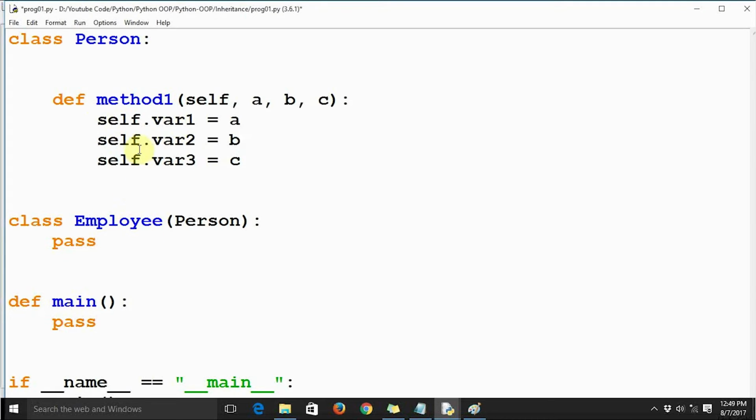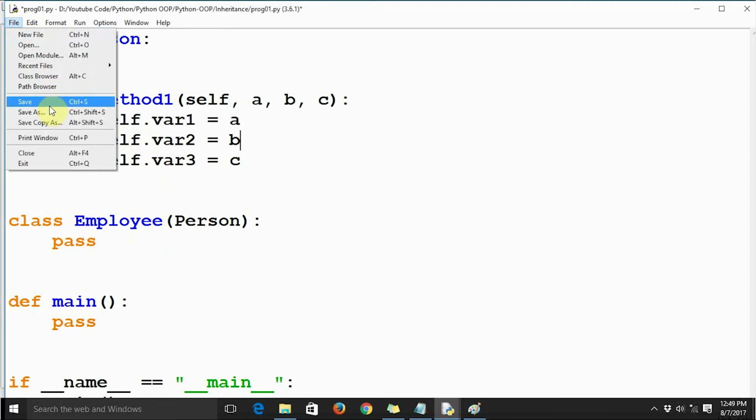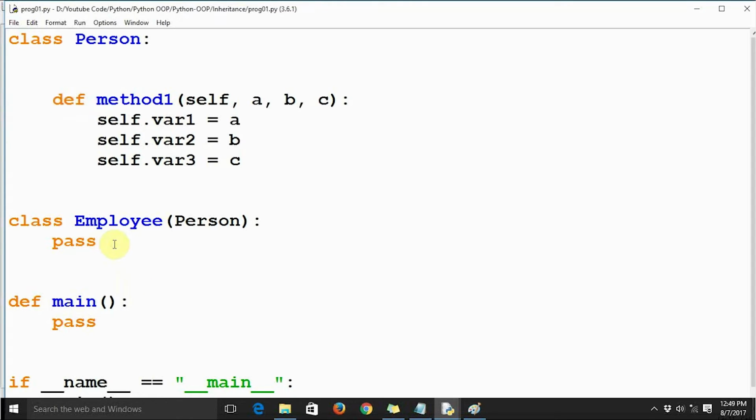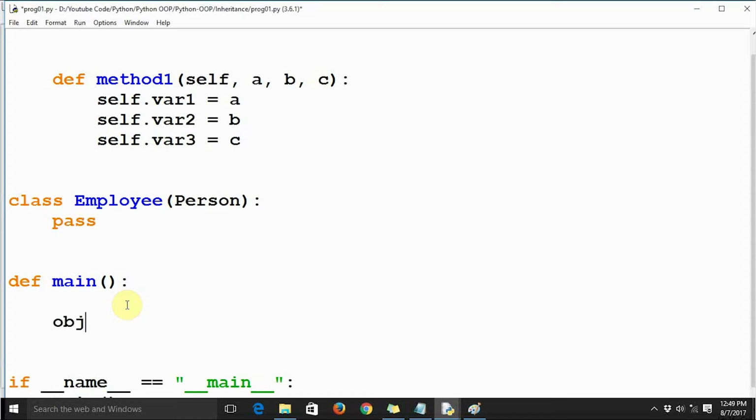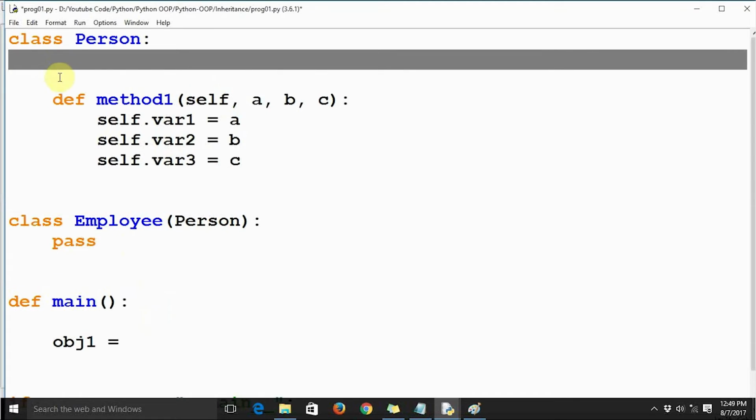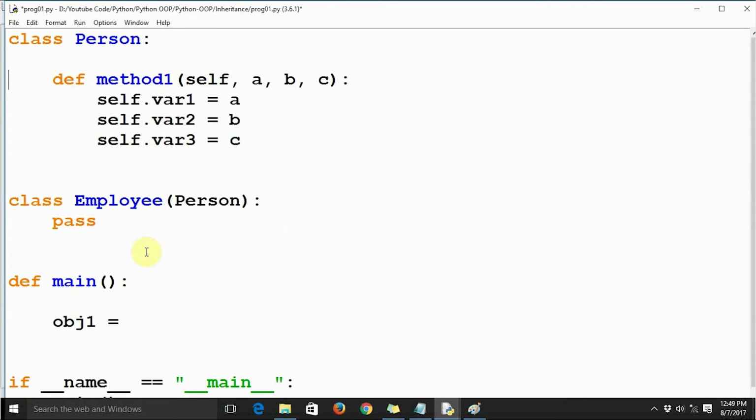So now let's save the code, and let's try to create an exercise. Let's try to create an object for both the classes. So I'm just going to say obj1 equal to Person, which is the name of the class, and let's say obj2 equal to Employee.